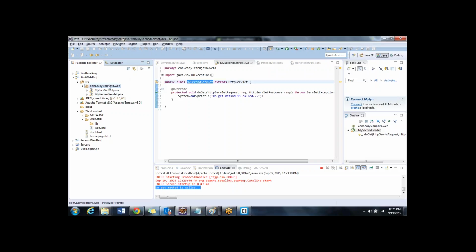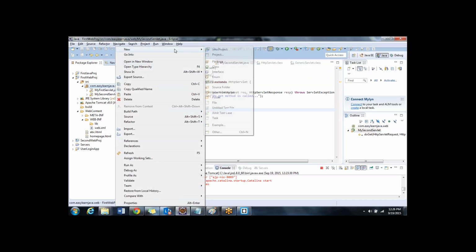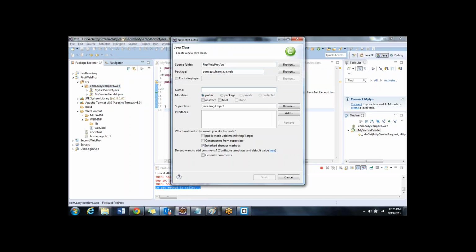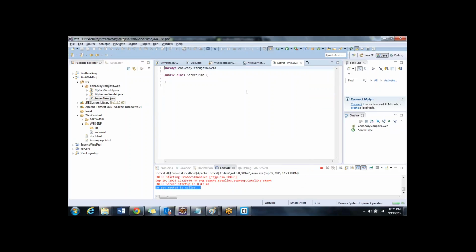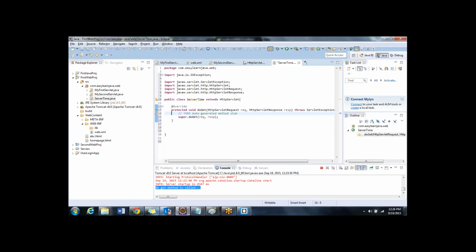So what I will do here is create a new servlet called ServerTime, and ServerTime extends HttpServlet, and then I say doGet, which we all know,